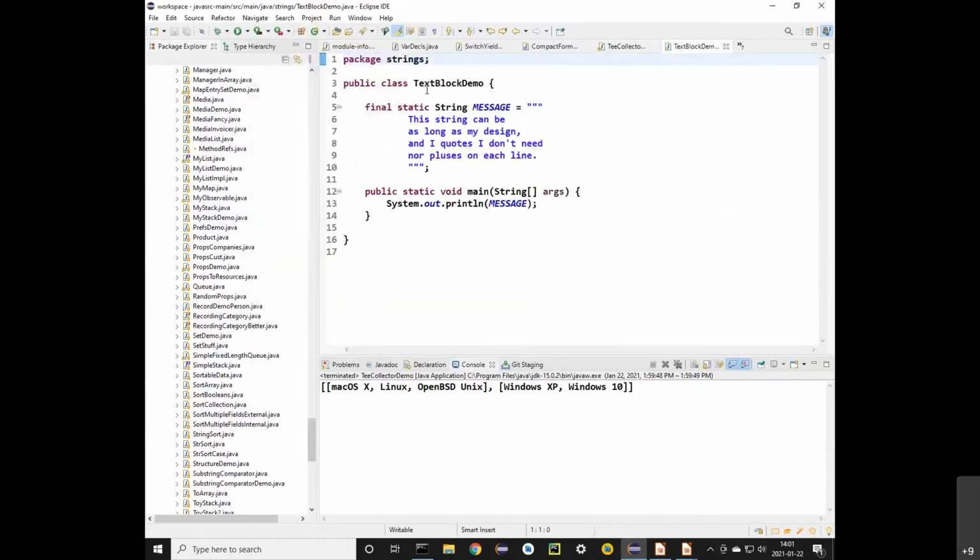Says it's there. So we have this string called message that, notice for text blocks, you use 3 quotes in a row, which is the same as many other languages, including Python, use for multi-line strings. And then this string can be as long as I like, and quotes don't need escaping nor pluses on each line. I can just pass that into println, and it will come out